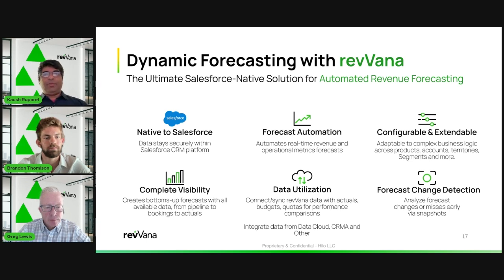So with revVana, since the process is automated, you don't have to exclude any booked opportunities below a certain number. You can do it for all of them. In fact, you could do it for all the open opportunities as well. And based on the rules, it will generate a revenue profile, which then in your analytics layer, you can decide, okay, I don't want to look at revenue from opportunities that are too early in the cycle. You can just exclude that. But the data is there. That's absolutely it.